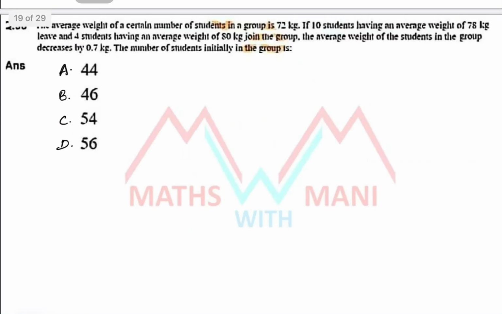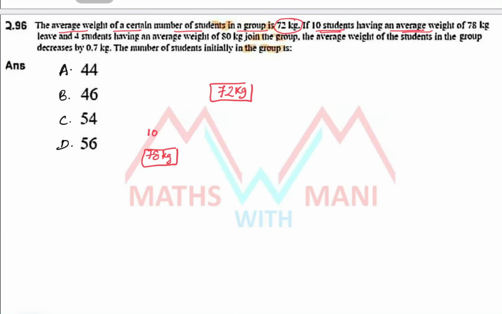Next, 96. The average weight of a certain number of students in a group is 72 kg. Okay. So there is a group of people. We don't know how many people are there, but their average is equal to how much? 72 kilograms. If 10 students having an average weight of 78 kg